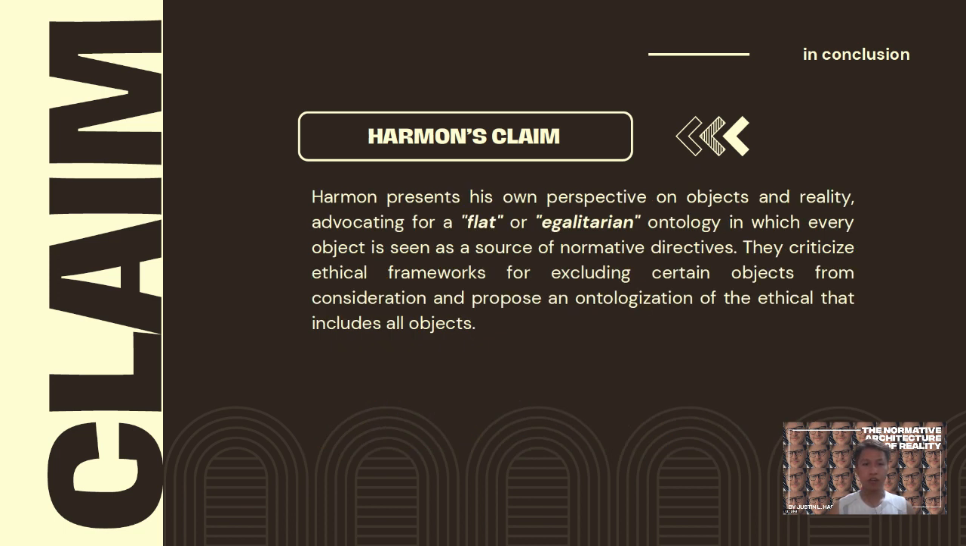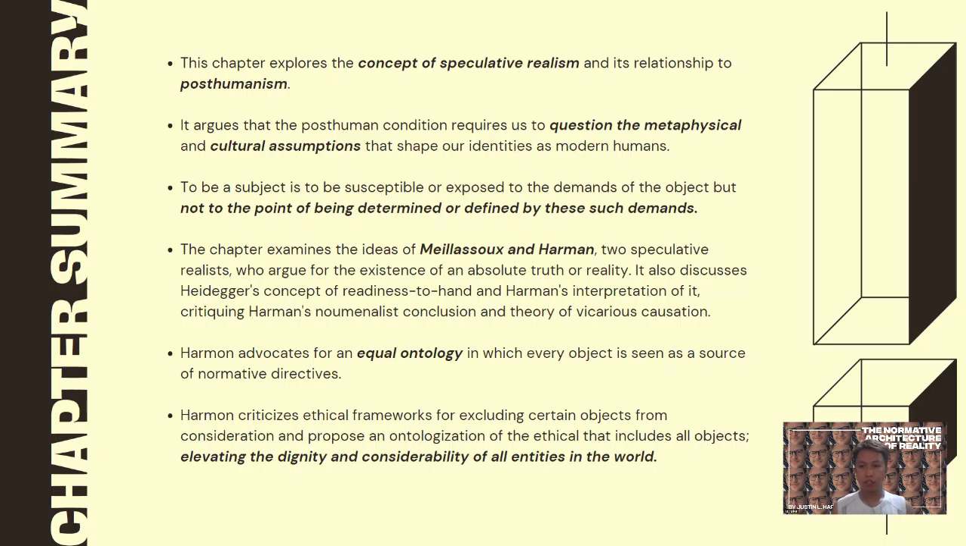In conclusion, Harman presents his own perspective on objects and reality, advocating for a flat or egalitarian ontology, in which every object is seen as a source of normative directives. He criticizes ethical frameworks for excluding certain objects from consideration, and proposes an ontologization of the ethical that includes all objects. So, in summary of the whole chapter 1, this chapter explores the concept of speculative realism and its relationship